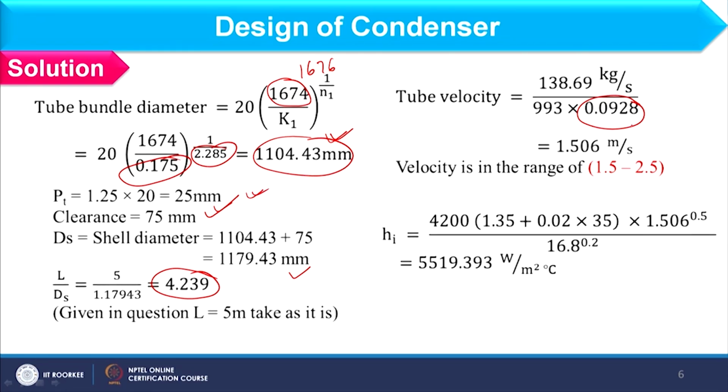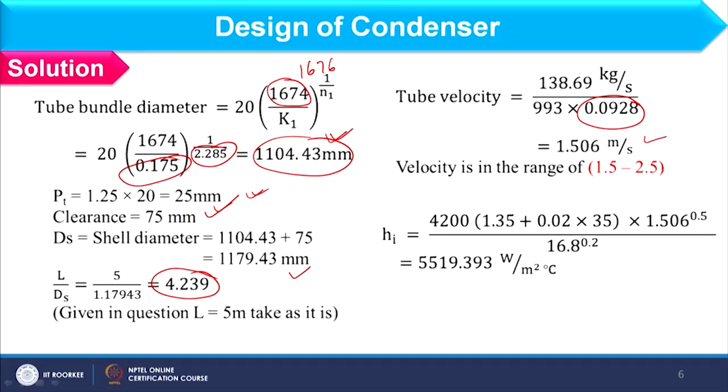So, as far as tube velocity is concerned, 1676 tubes are to be divided by 4, and accordingly we can find out the cross sectional area of a single pass, and therefore we can consider the revised velocity, which is coming out as 1.506, and this velocity you can find in the range, right. Now, once I have the right velocity, we can find out the heat transfer coefficient for water, and